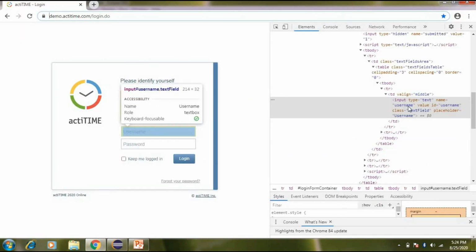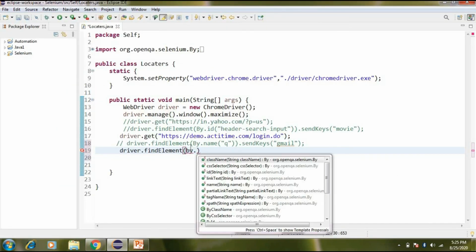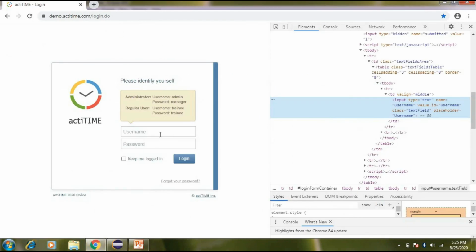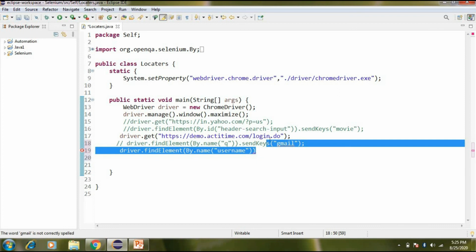So first driver.findElement, copy the name locator, and By.name. Here paste the name, and now I am going to enter admin in the username box. So I use sendKeys.